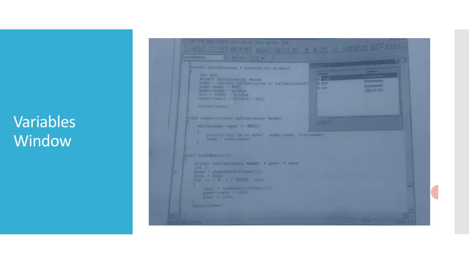We'll get straight onto the variables window, which shows the value of local variables, as shown in the figure here. The contents of the variables window always reflect the routine that is currently executing. When you step into a different routine, the new routine's local variables replace those in the previous display.